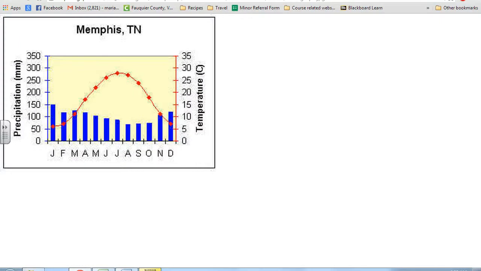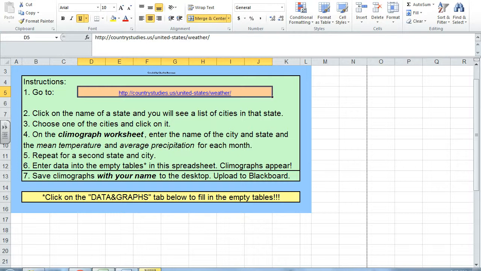A climograph is a graph that shows all of the features of climate in one easy snapshot. It shows temperature, precipitation, and change of seasons over the course of a year. This activity will use an Excel spreadsheet and allow you to create climographs of two cities that you think will